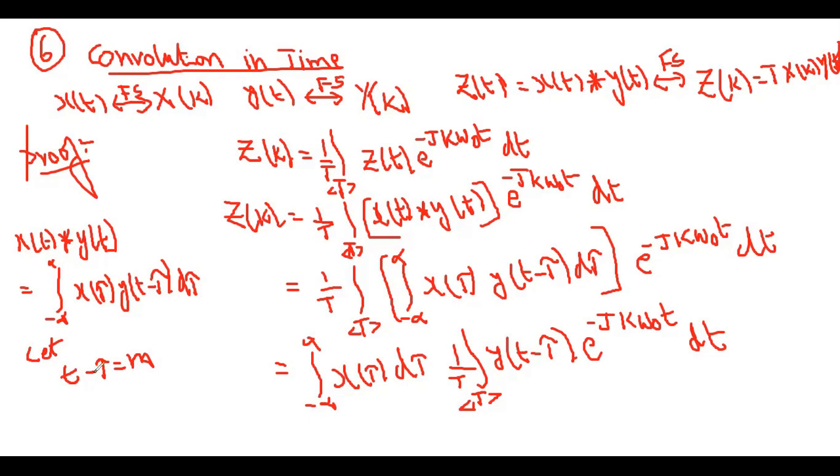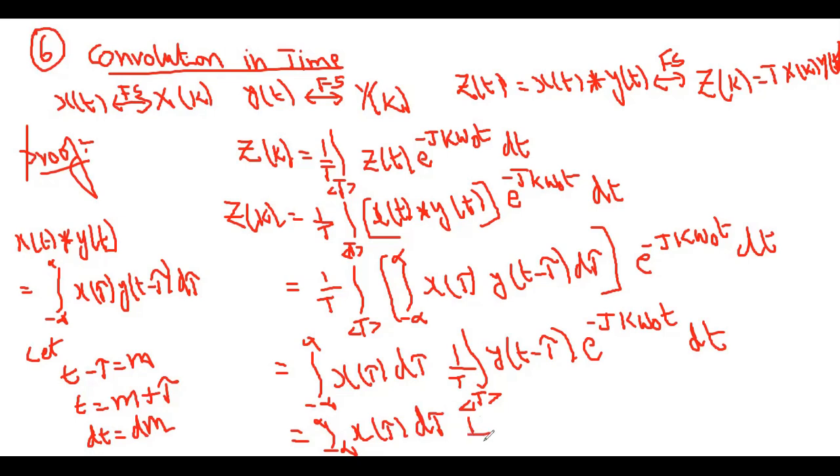Or if you are having any confusion, write t minus tau is equal to m, and t is equal to m plus tau, where tau is a constant. So apply the derivative on both sides: dt is equal to dm. Now replace these functions. So that is equal to the integral from minus infinity to infinity of x of tau d tau,